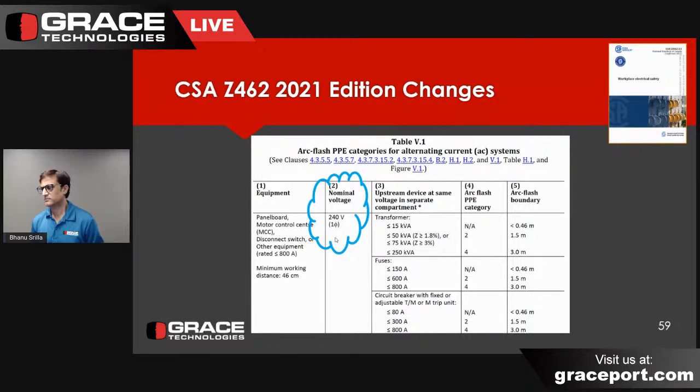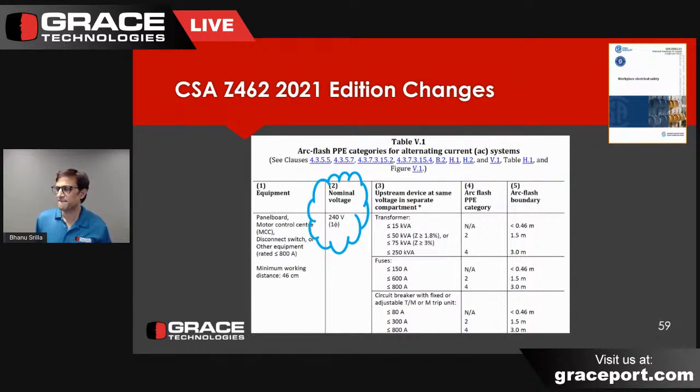IEEE 1584 has a soft interpretation that says you could use the formulas for single-phase, but it'll yield a conservative outcome. But the first thing that IEEE 1584 says is it only applies to 280-volt three-phase to 15 kV three-phase, not single phase. In my opinion, we never should have had that additional content in 1584. I can't remember, because I'm a voting member, if I asked to get that deleted, but it's included. So this comes down to good engineering practice and technical interpretation of standards, and not being conservative, which isn't good